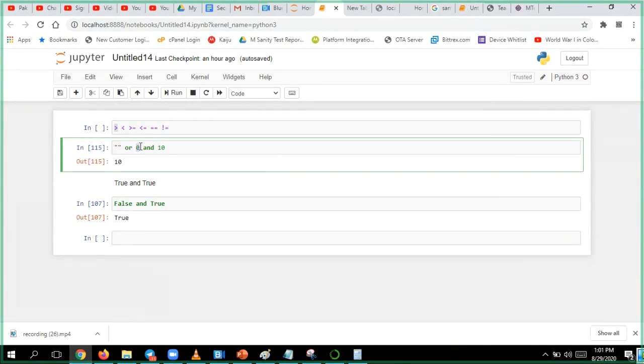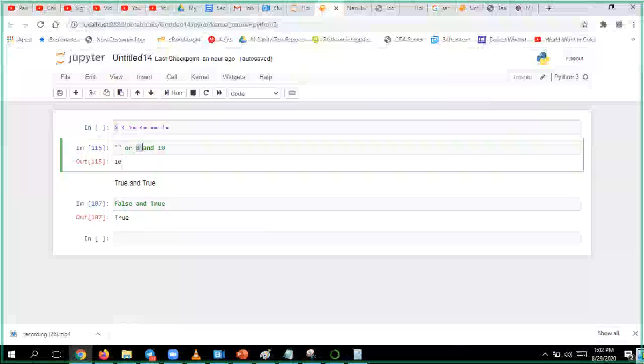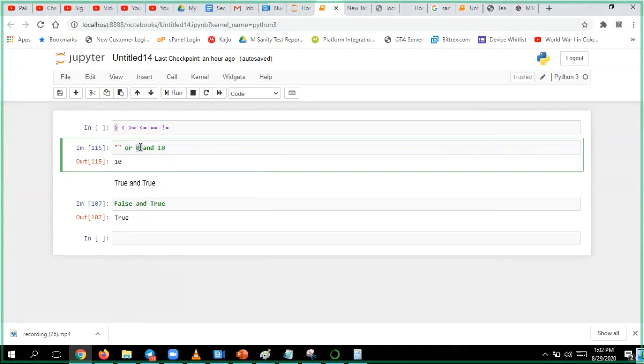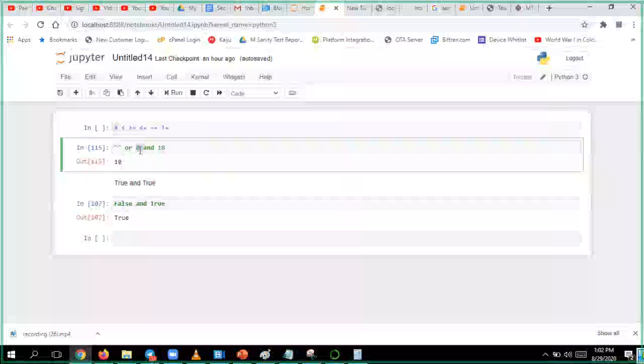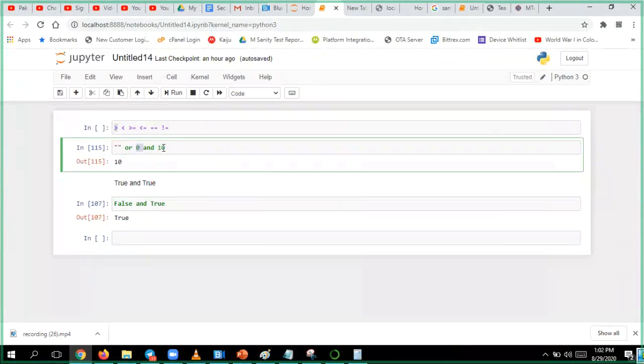So this one is false, so I don't even go till here. Here only, when 0 has come, I have come to know this is a fail. I don't even go and change this to boolean. You are telling me the first value itself is 0. This is A, this A is false and B is true.